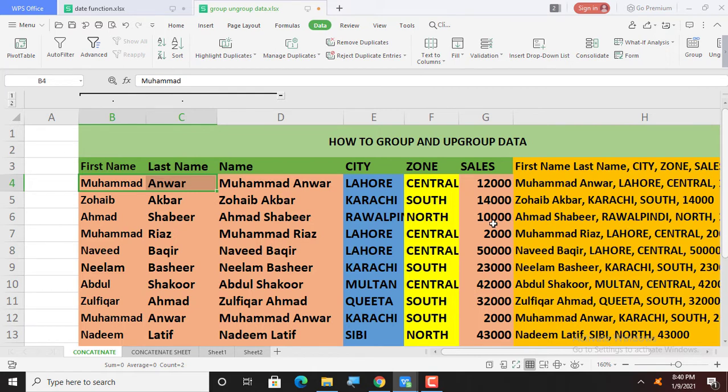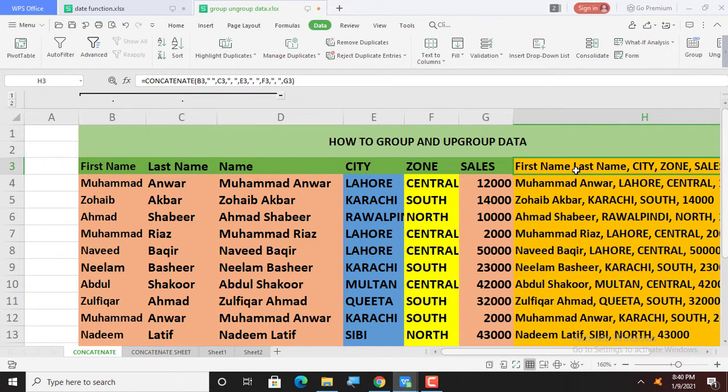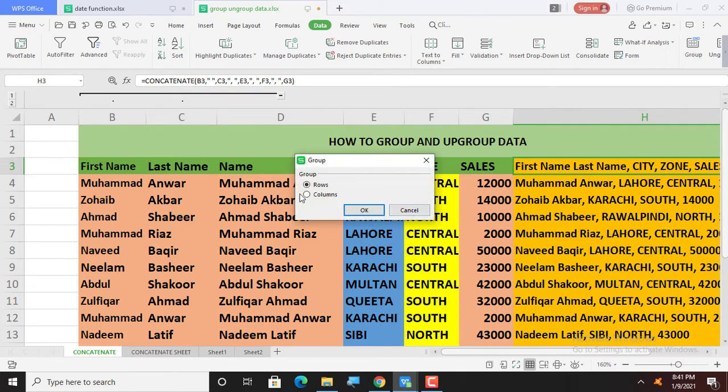For example, if I want to see this first name, complete name, city, zone and sales, I have just made a group for first name and last name. I could have made another group for this particular column. So Group, Column, OK.